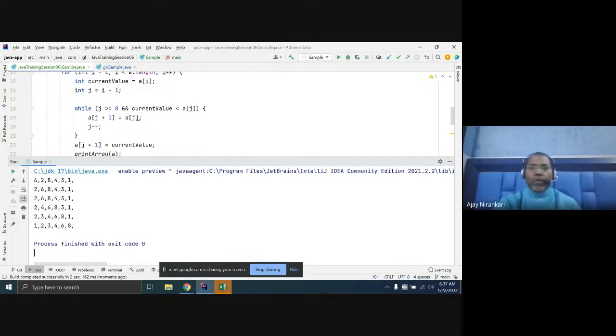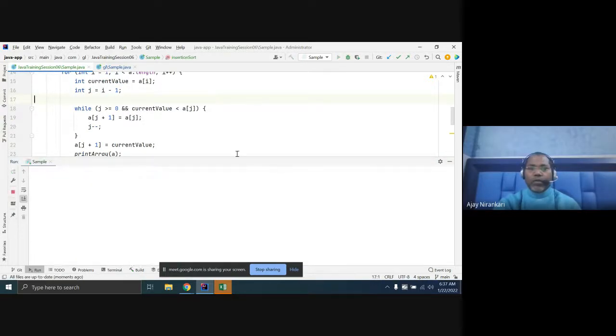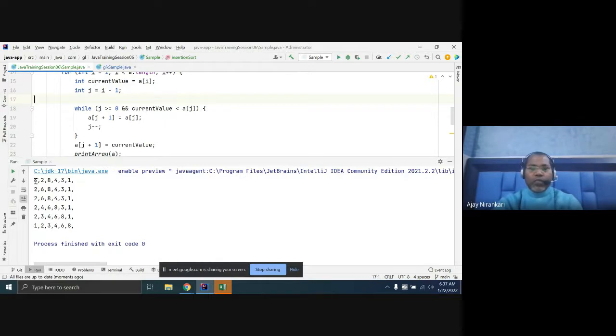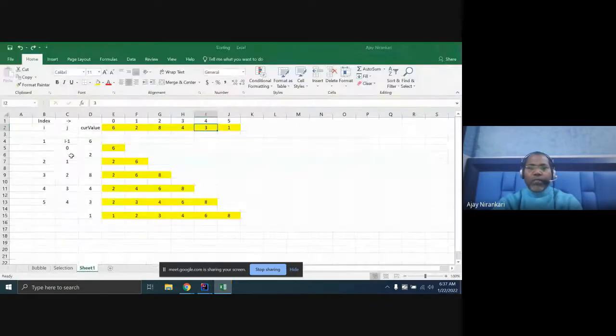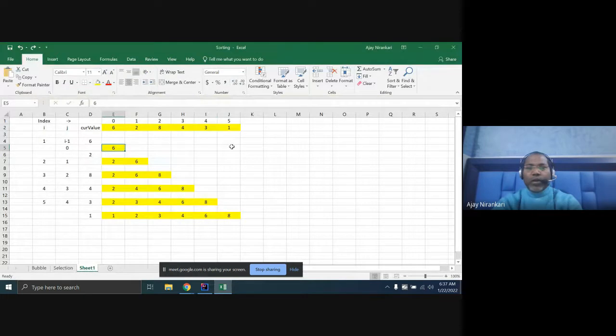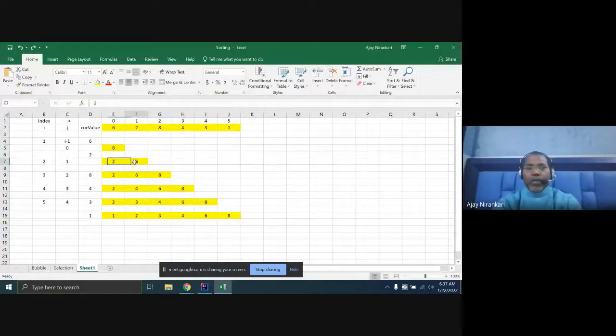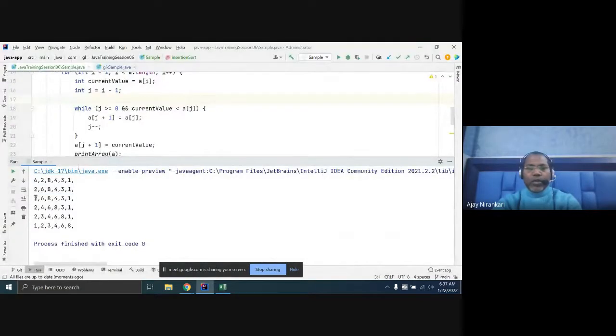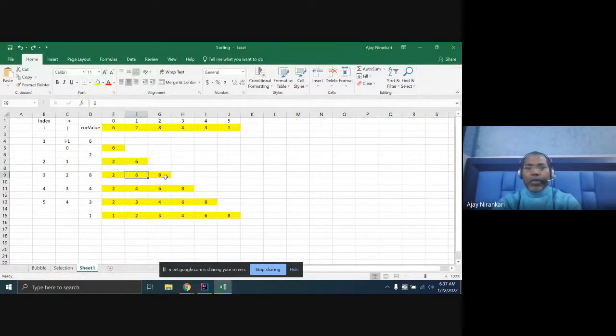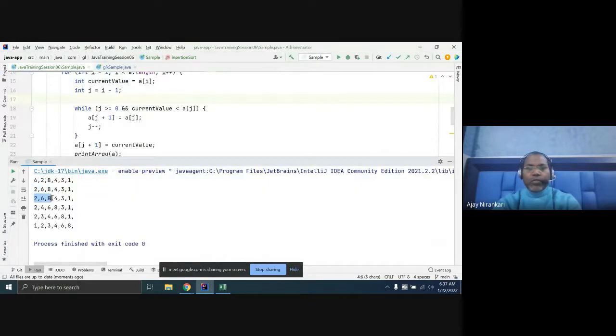So here your first element is 6, the same, with all the elements. There is no change. The second time, 2 should be here and the 6, your 2 and 6, right? And the third time, 2, 6, 8 should be there, right?